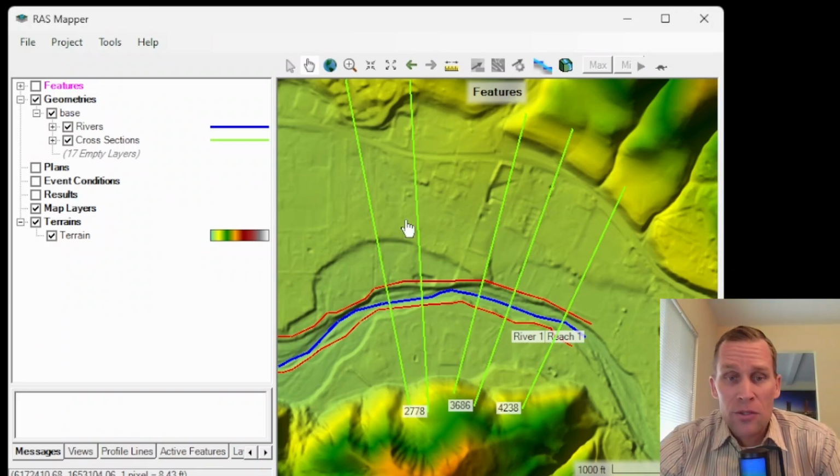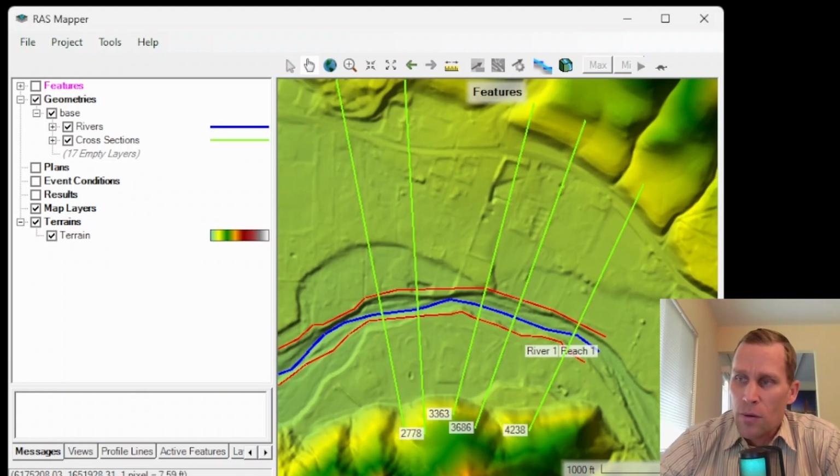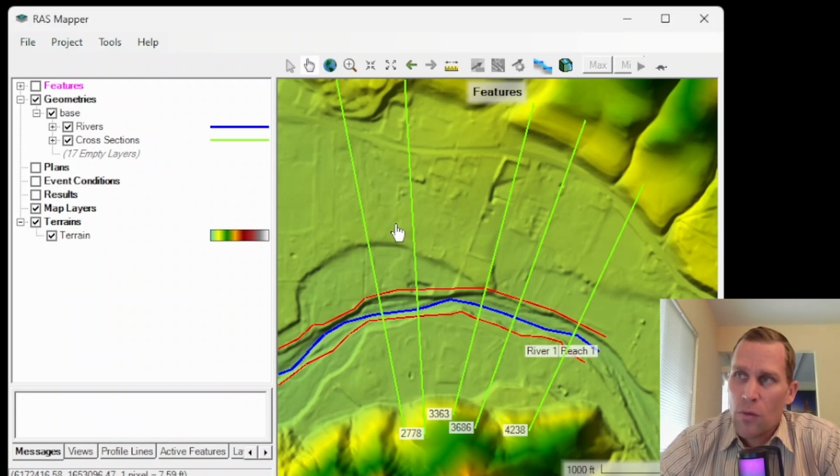All right, there's actually going to be two different methods I'll describe in this lesson. The first is using cross sections to create interpolated surfaces. That'll be actually in the geometric data editor. And then the second method is using terrain modifications within RAS Mapper to create vector additions to the existing terrain data. Okay, so let's talk about the first method first, which I mentioned is cross sections used to create interpolated